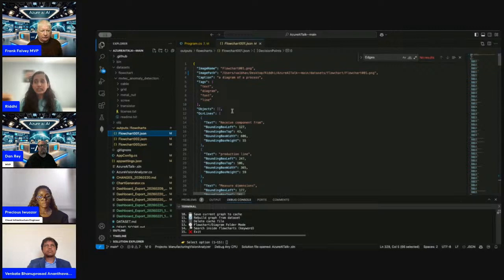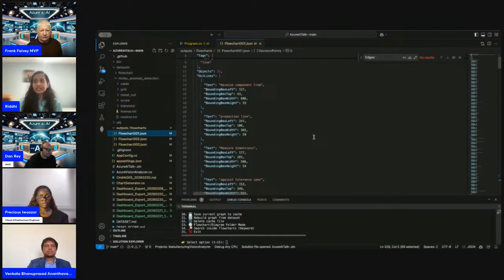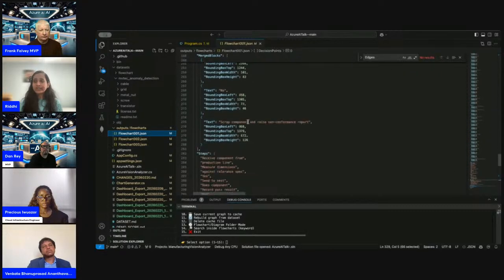The object for them is like a dog or a cat or a real person's face. And then you have the OCR lines, which is optical character recognition lines. And then, as I said, it's organized as a bounding box: left, right, top. So you get the exact location of where the rectangle box is, or where the square box is, or where the diamond box is, and that gives you all of the information right here.